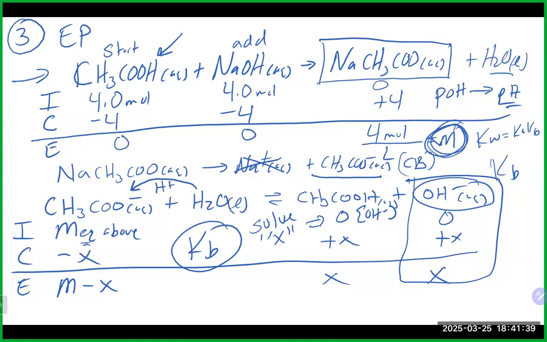It does help you if you understand what's going on, what should happen next based on what's left over. So at the end of the ICE table, you could look and see what's left over. Like in the previous step, what was left over was a buffer, right? So if you're able to recognize that from your ICE table, you should know, okay, at this point, all I have to do is figure out how to get the pH of a buffer,